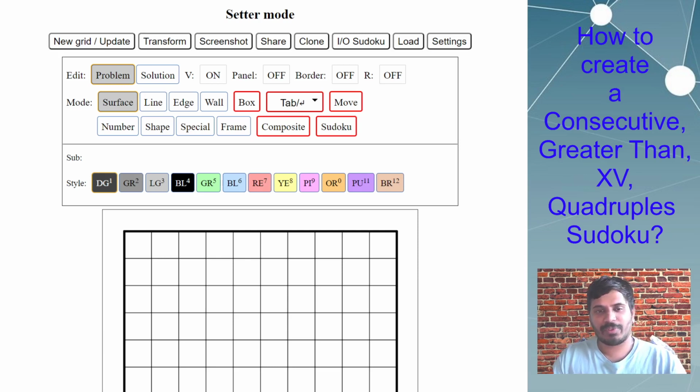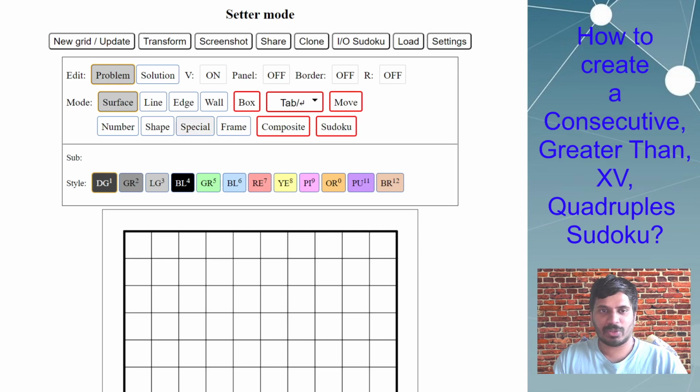I know quite a few people ask, how do I create XV Sudoku, greater than Sudoku, or consecutive Sudoku? These are some of the variants which immediately come to my mind. I will show some of these variants and some of the options you can use to create them on Penpa,